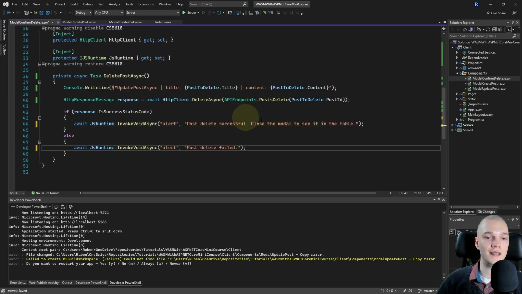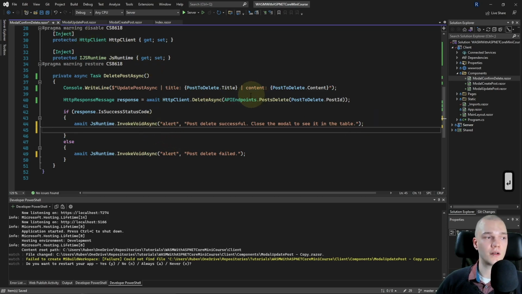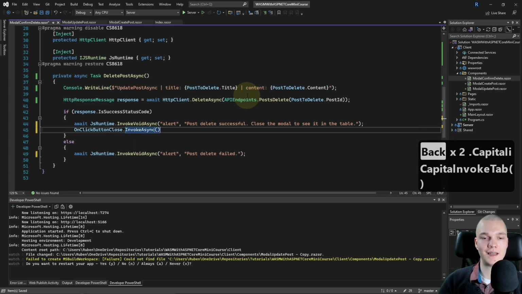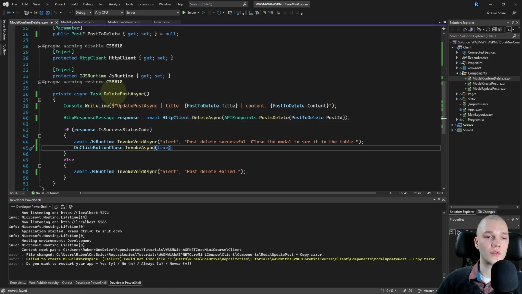And when the delete is successful, we'll just close this modal. So in the success below the alert, I'll do onClick button close dot invoke async and pass in true. Alright, and we'll call this delete post async when the confirm button is clicked.